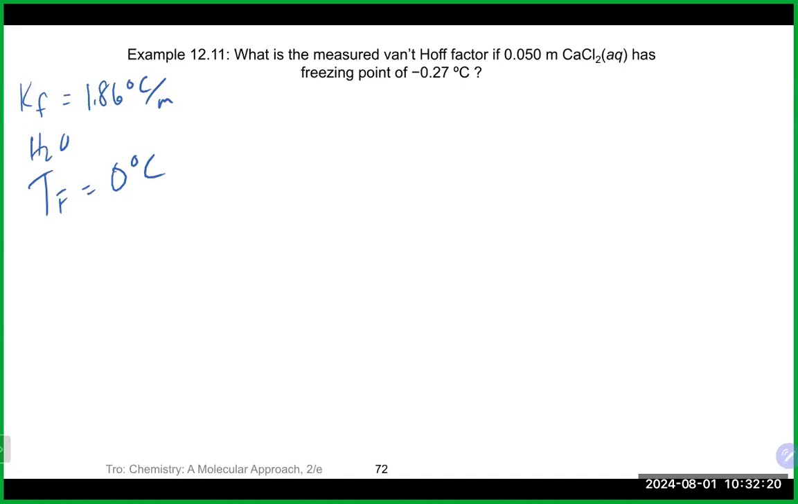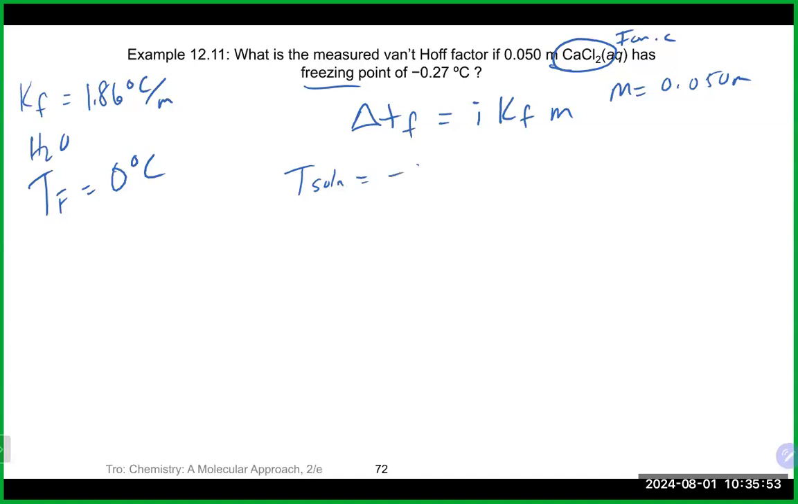So in this case, we're looking for what equation. We have an ionic solute here, so we do need the i to be involved with it, and Kf times m in this particular case. They did give us the molality, which is 0.05. We do have that the solution will freeze at minus